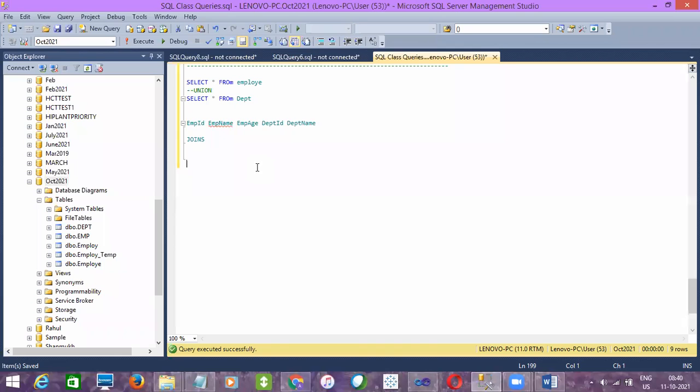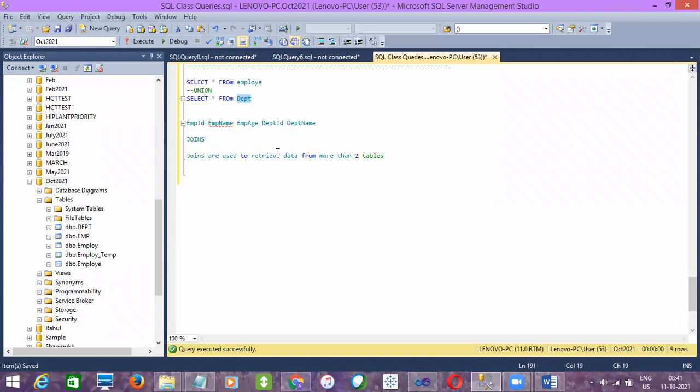See, we have to use the joins concept, and joins are used to retrieve data from more than two tables. Which means at least two tables should be there to do joins, based on the join conditions. We have to mention the join condition; the syntax I'll tell you later.